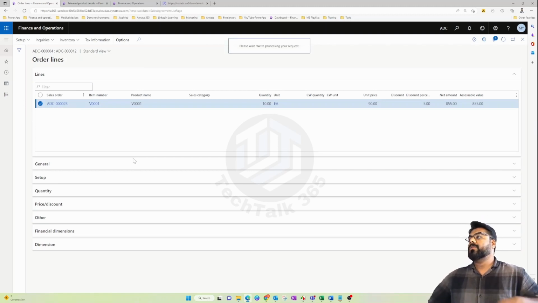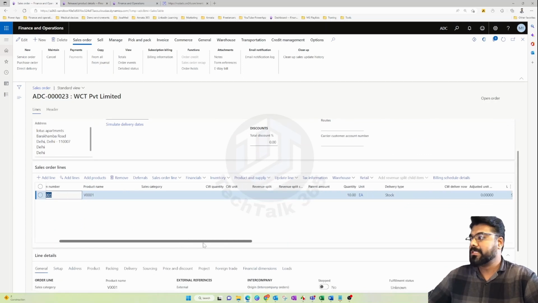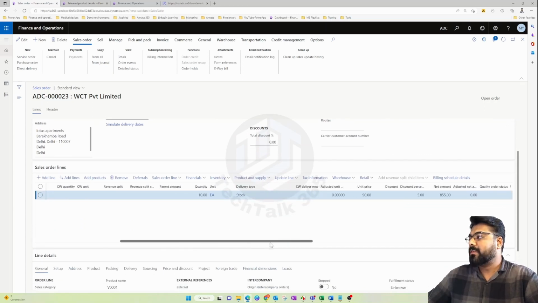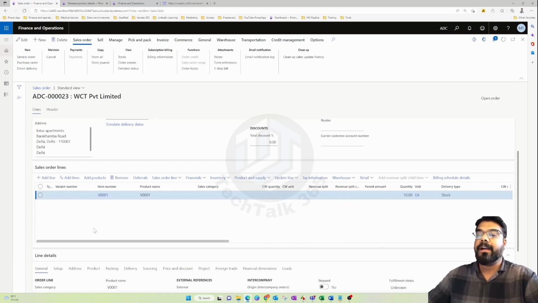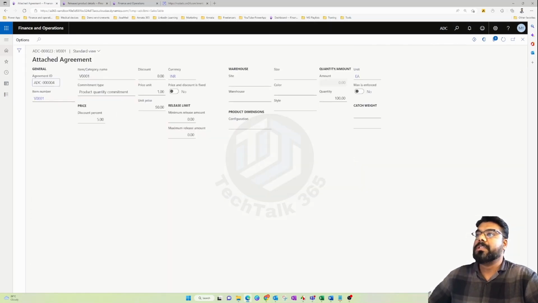So if I get into the sales order now, we have created this item, and we have also created a trade agreement for this item for $100, but this sales order is not $100. It is having a unit price of this and an additional discount, and this is the actual amount, and this actual unit price is coming from my trade agreement line. If I go to the line update and check the attachment here, you will see that it is attached with this particular agreement.